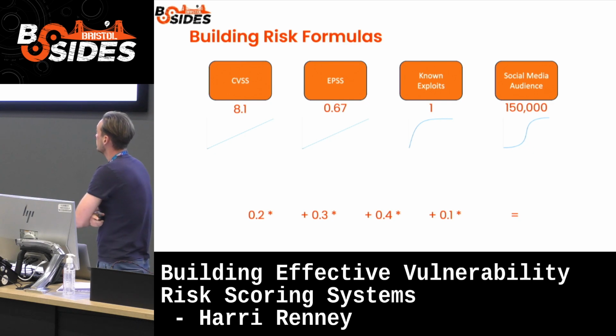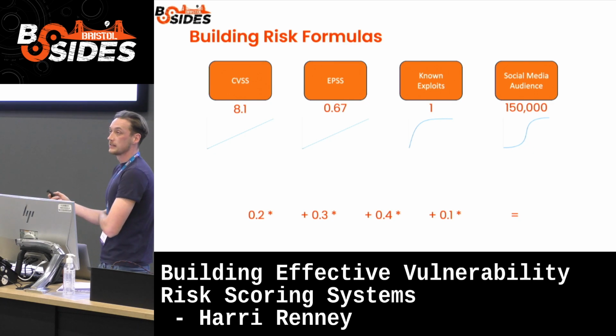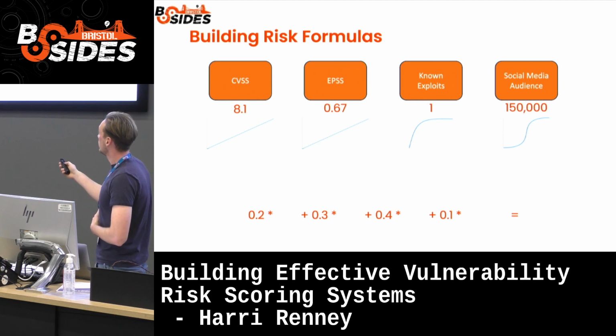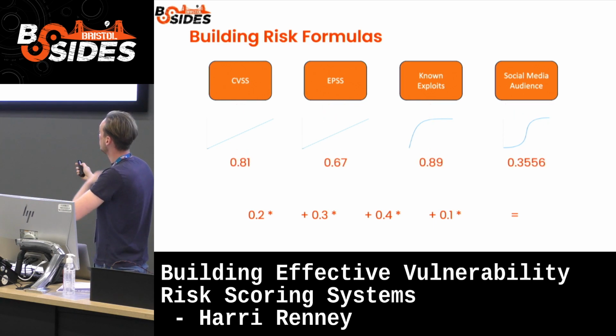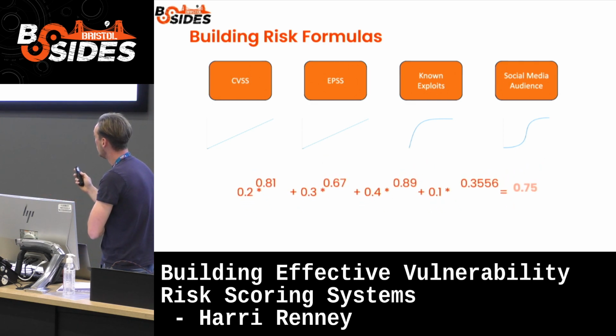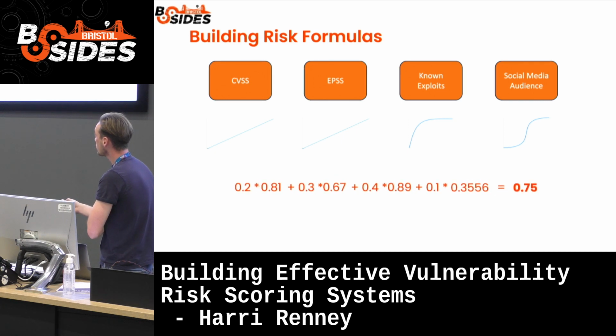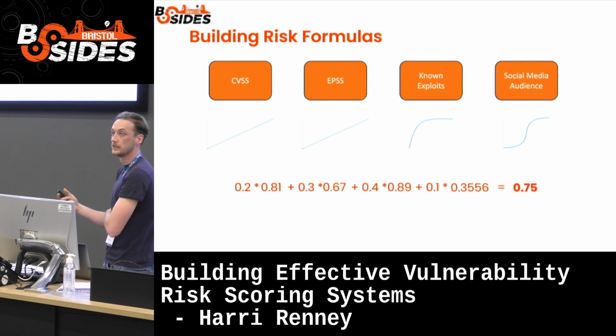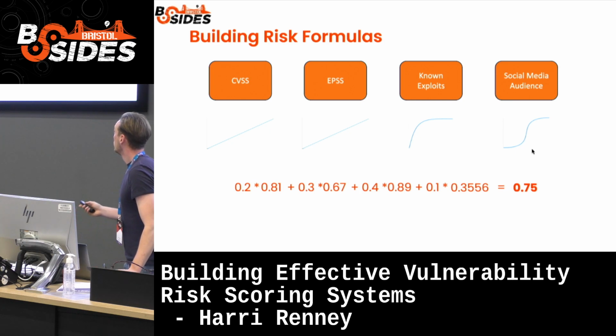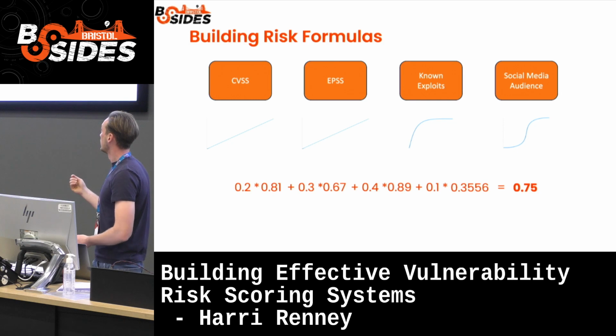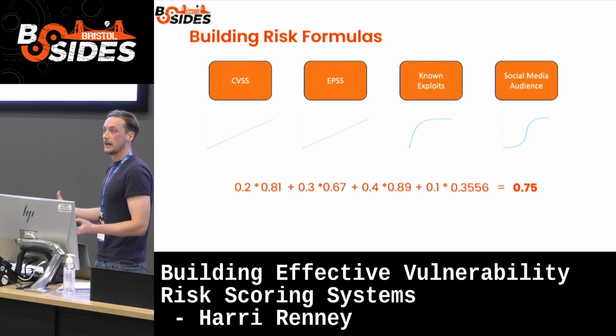So you can now pass through your values of different ranges, different metrics, or whatever you want to call them, and bring them through these easing functions. They're just functions, and you get out a normalized range. So now when you pop everything through your weighted risk formula, you've got a value between 0 and 1. Any CVE data you put through your calculation, you're going to get between 0 and 1. It's all normalized, it's all comparable, and you can build a prioritized list from that now.